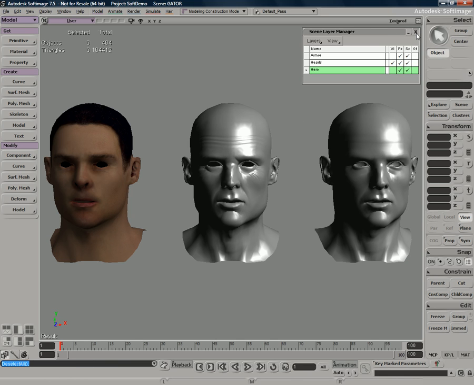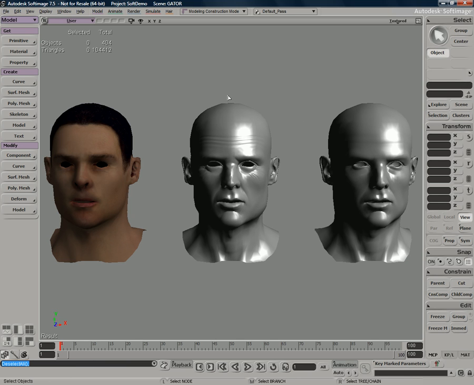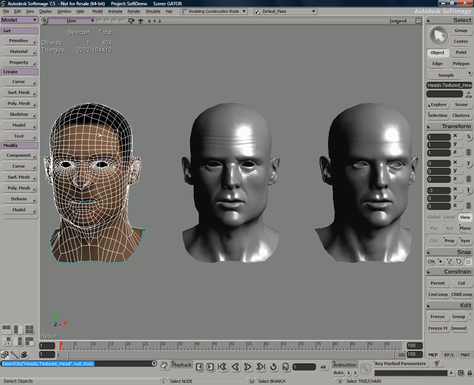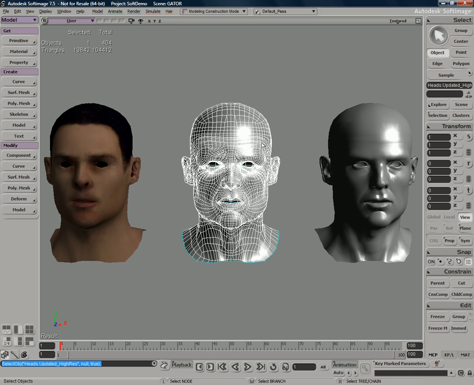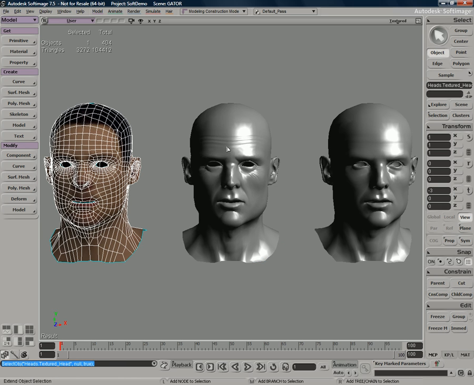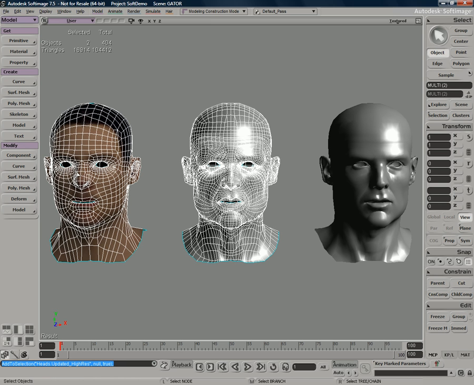So we're just going to close up our layer manager here for just a second. And what I want to do is transfer first the UV information and the texture map from this object here onto this one here. Now notice they're very differently modeled. This one here would be very easy to texture map just the way it's laid out. This one here would be a little bit more challenging. The new UV unfolder in 7.5 would make this a nice easy task. But let's just show you how we can transfer one UV map to another object very simply.